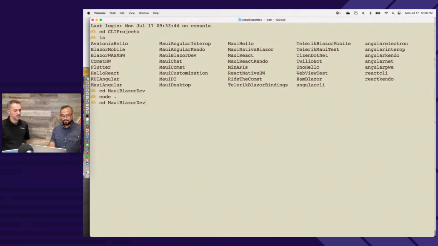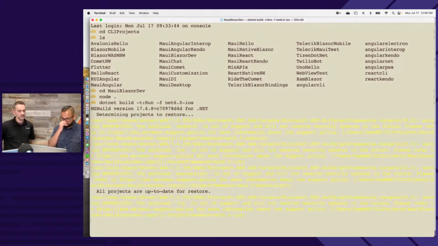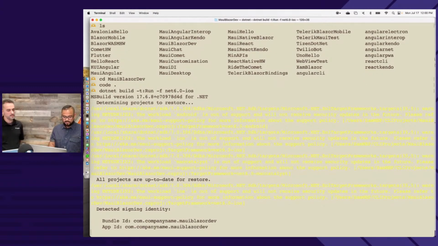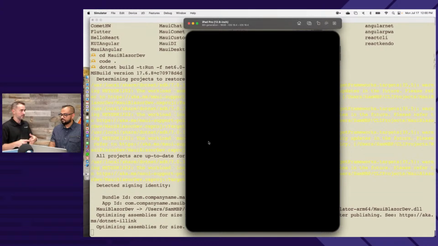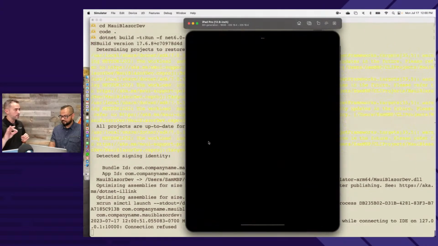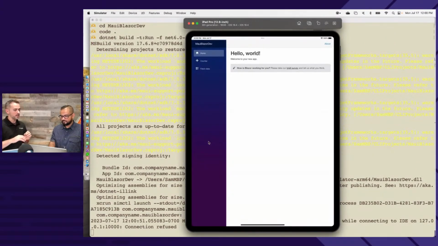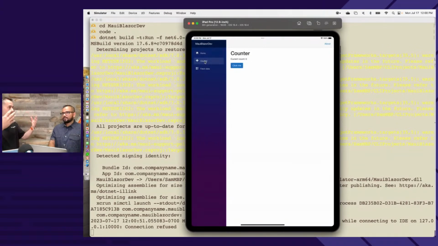And again, you don't need to be doing command line like I am. It's just quicker sometimes to launch. So let's run this on .NET 6 and an iOS build. It's going to grab the default iOS simulator in my case. So all of these things running natively, they're in a sandbox, like on that device. So what that line of code you showed does, it kind of lets the app communicate outside of that sandbox and bubble up information that lets a debugger attach to it.